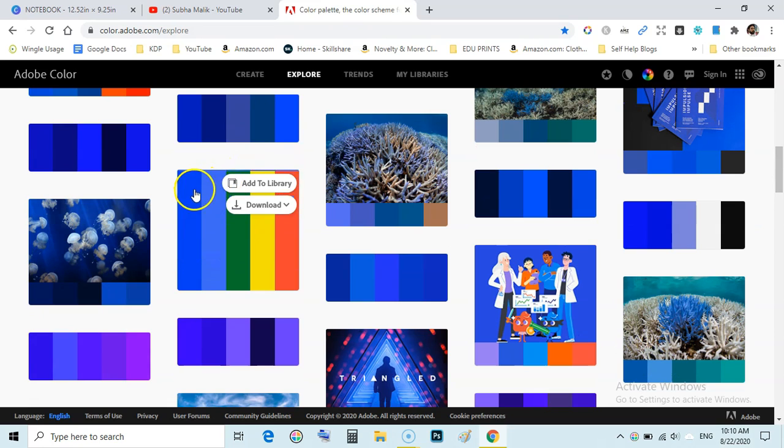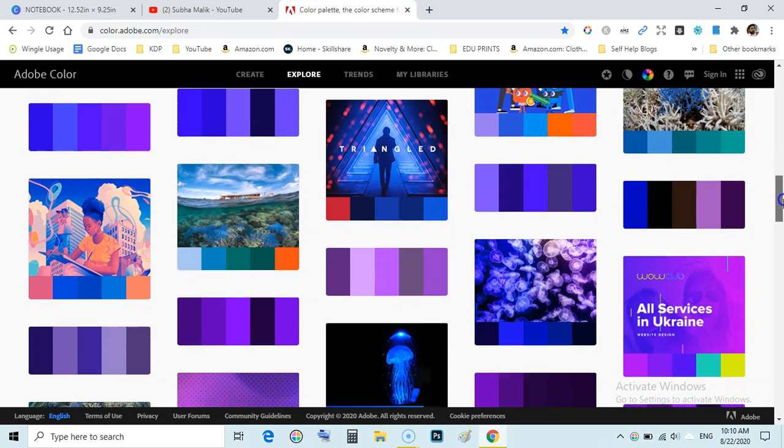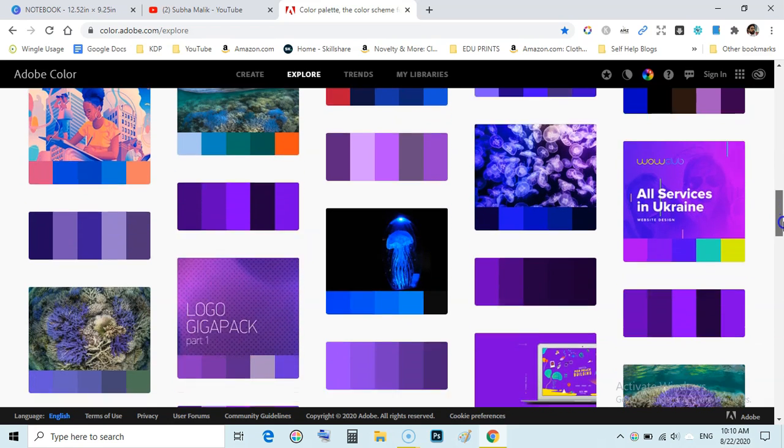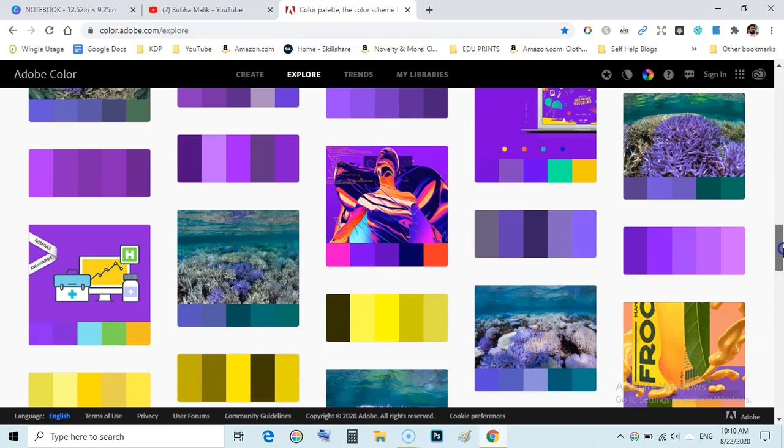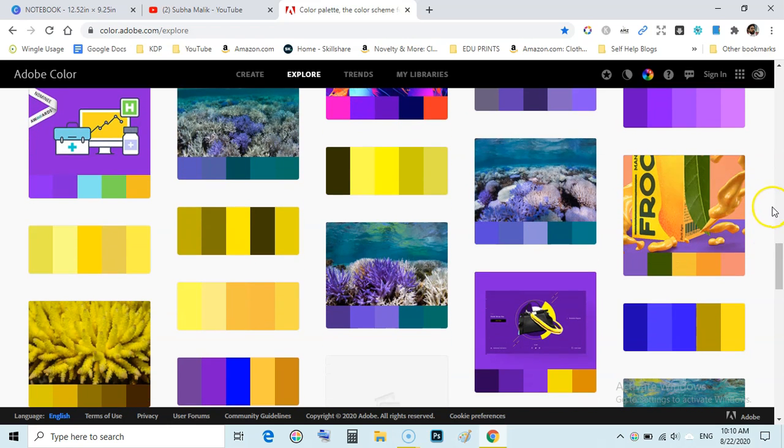You can see here there is an image as well. You can see the image and then you can see the color combinations below it. So you can pick one image as you want for your niche, and then you can click on one of them and you can get your color palette. For example,